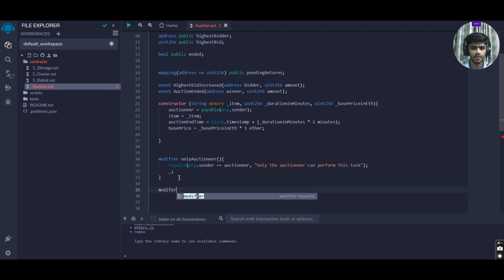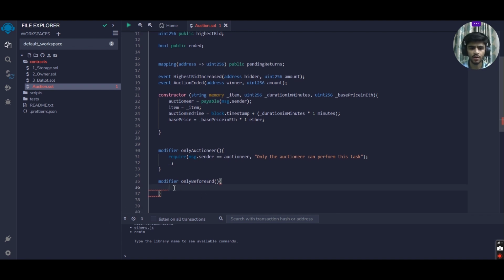Let's make another modifier called onlyBeforeEnd. That means that only before the ending of this auction, these functions would be called. So the functions in which we want that they should be called only before the auction has ended. After the auction has ended, they should not be called. So in those functions, we would be using this modifier onlyBeforeEnd, and the condition for them would be,